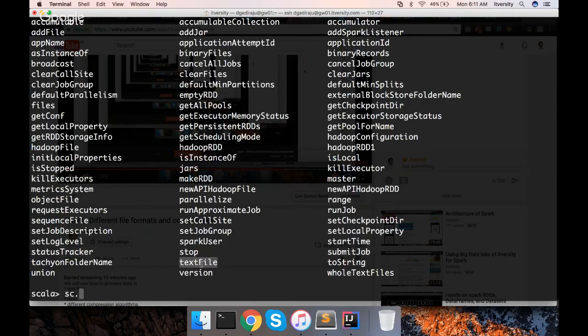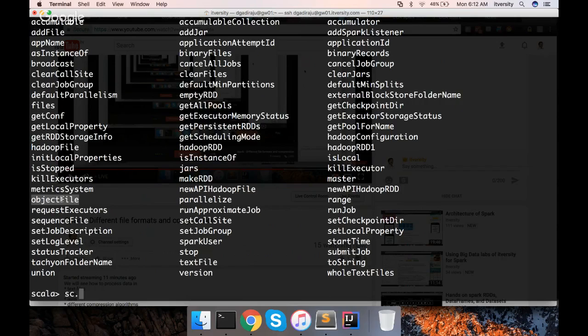Text file is to read data from text files, and we'll be using that later. Sequence file is a special Hadoop file format, and if someone asks you to process data which is in sequence file, you can directly use this one to read the data. And object file, it's a special Spark file format, and you can use it if someone says read object data from object files.